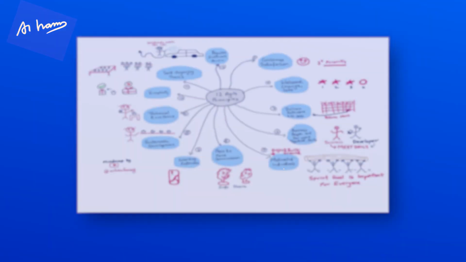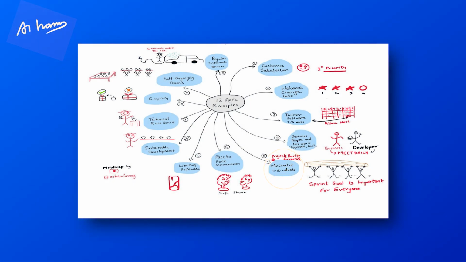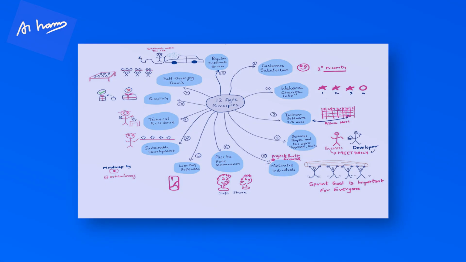The fifth principle says that projects are built around motivated individuals, right? People who believe more in the sprint goal than their personal goal. Okay, so this is very important. If people are not motivated to do the work, they're just worried about what's important for them rather than the sprint goal. Because the delivery is owned by the development team, the sprint goal should also be owned by them. So it's more important for them to own the sprint goal.